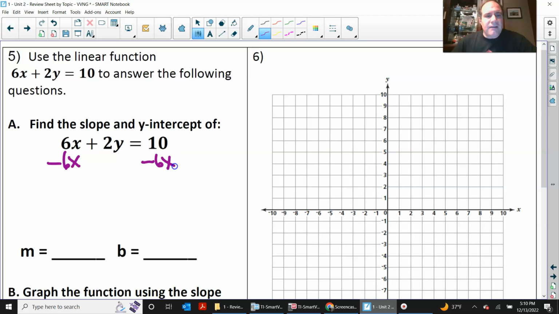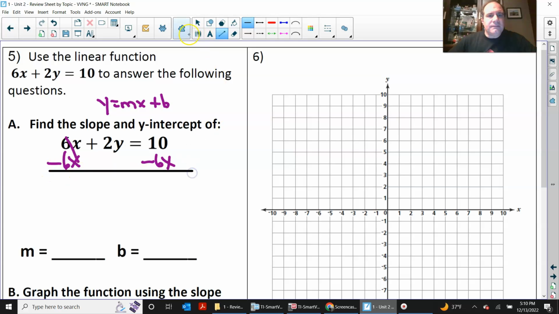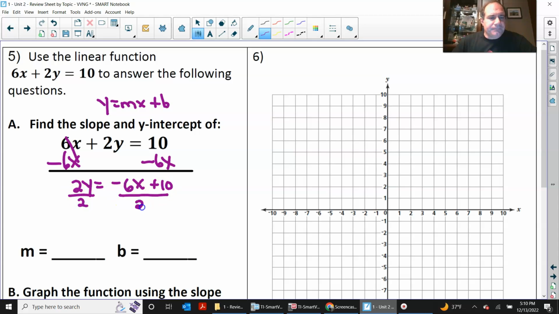Remember, you have to get y equals mx plus b. This format is what you need. So this cancels, and we are going to go over here and get 2y equals, and remember, bring that negative 6x down first, and then the plus 10. One more step, you divide by 2, and then we're going to put y equals,